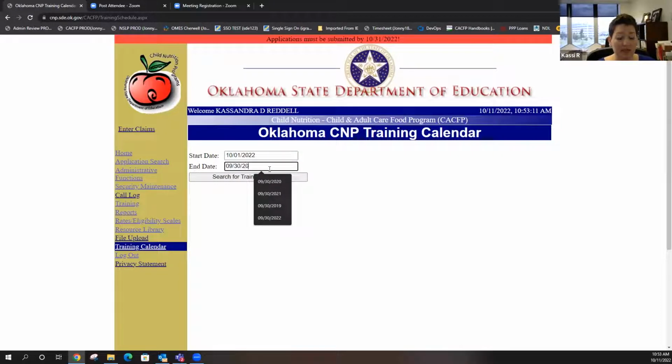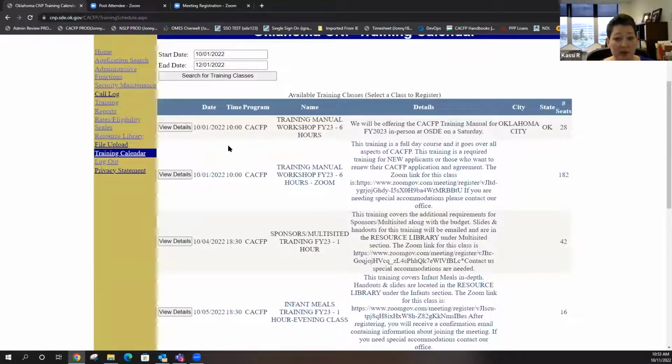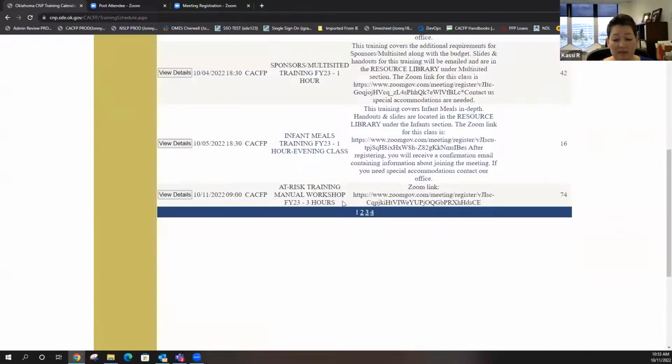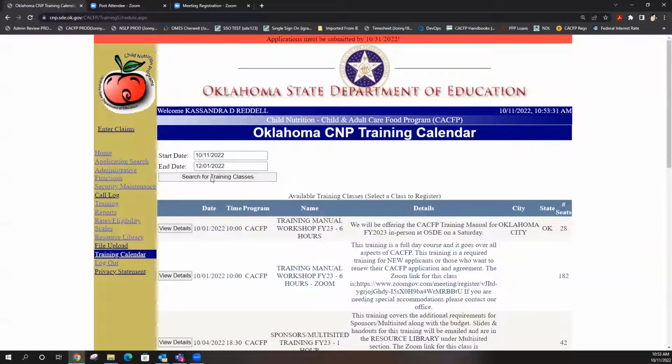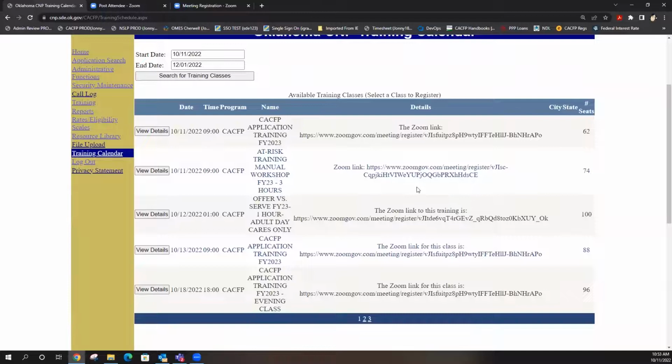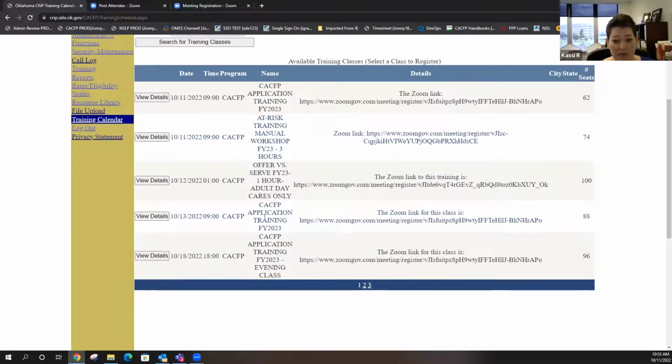And we typically hold that training once a month, but right now we have a ton of training because it's renewal time and we want to get everyone trained. So go in here and look up at all the training that we have. But as far as what is required, we have achieved that level at this point. Yep, you have done what's required to be approved for your renewal. But we have another, oh, that's what we're doing right now. CACFP, that's what I'm doing Thursday.